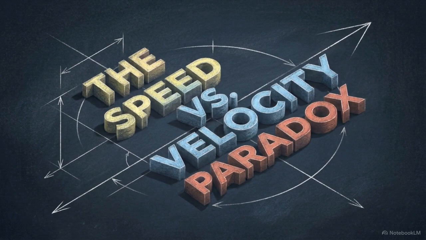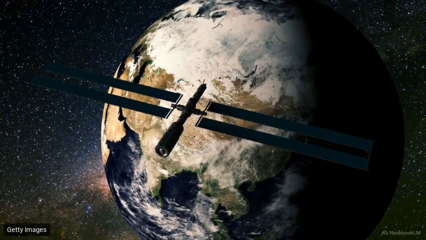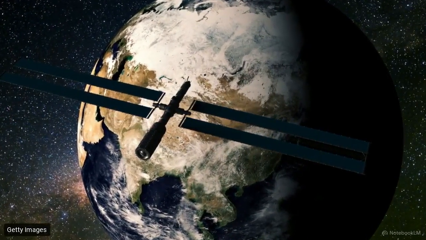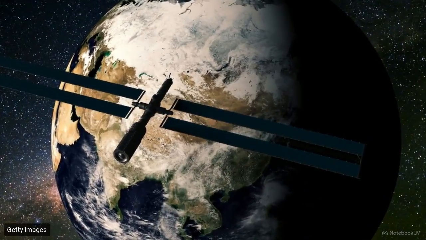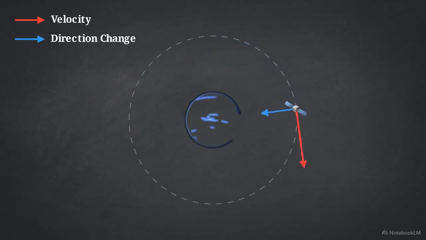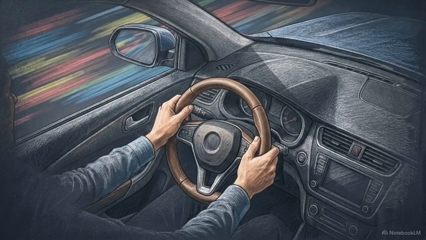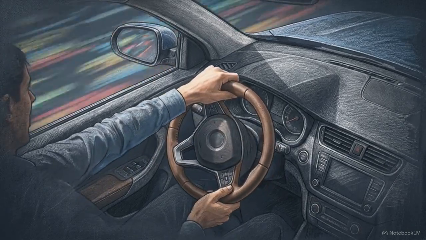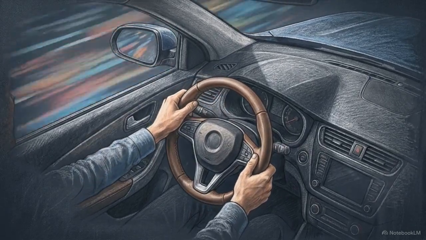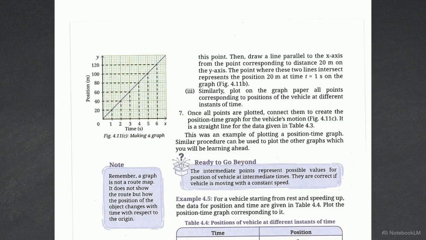This raises a specific question about the nature of movement. Is it possible to accelerate even if your speed remains perfectly constant? Consider an orbiting satellite. Its speed may be steady, but because its path is a curve, its direction changes at every single point. Since velocity is tied to direction, the velocity is always changing. To a physicist, turning a steering wheel is just as much an act of acceleration as hitting the gas pedal. We decode these changes through data.